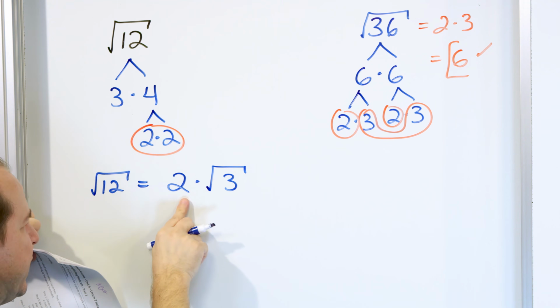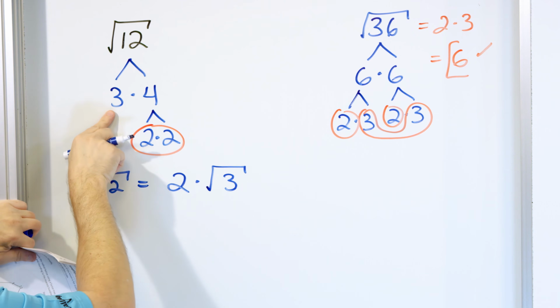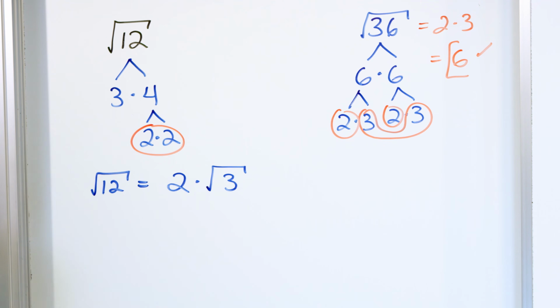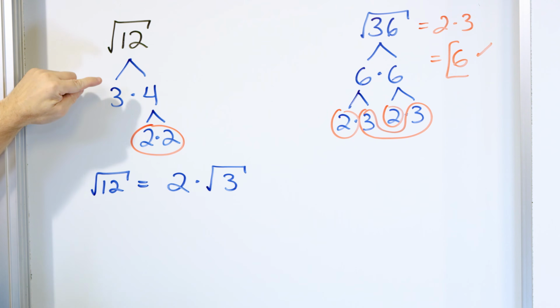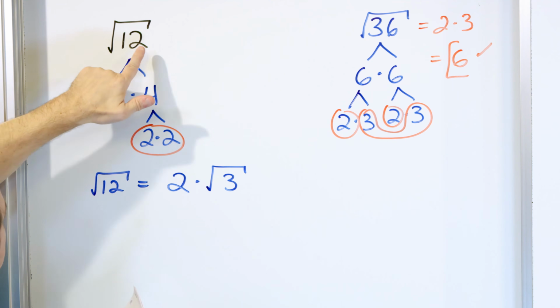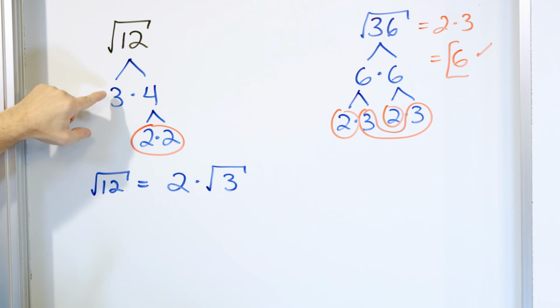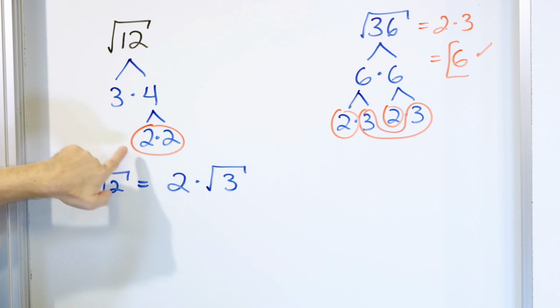The 2 comes out as a single, and it's multiplied by the 3 that's left over, but the radical has to be around it. Why? Because we were unable to find a partner for this. So this 3, like all of these numbers, live under the radical. The 12 is under the radical, so the 3 times the 4, the pair of 2s, they're all under this